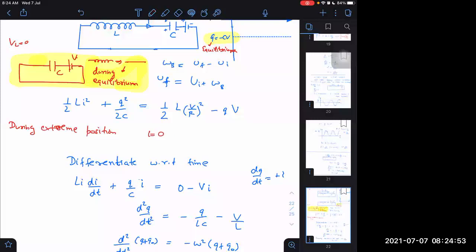Sir, we are getting Q negative, sir. Not negative, there will be two extreme positions, one positive, one negative. Q comes out to be minus C plus or minus root of C square V square minus LV square C by R square. When we take V common, minus C plus or minus the other value, it is always less than C. Get the values of Q.